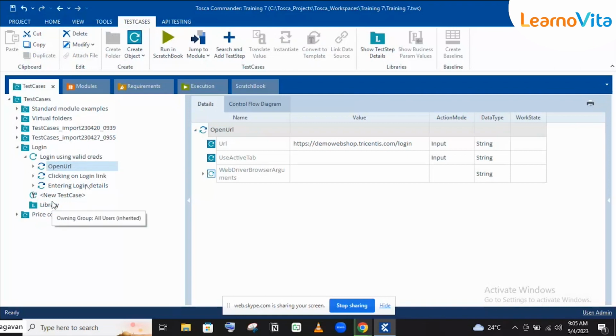While we are using copy paste, for example, if I'm directly copying and pasting the open URL, and I want to make some changes in the values, the test type value within the test type, it will be hard for us to go to each and every test step that has been reused in multiple areas and change the values. But by using the library, if I'm adding this open URL to the library,